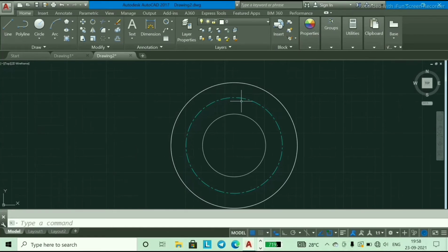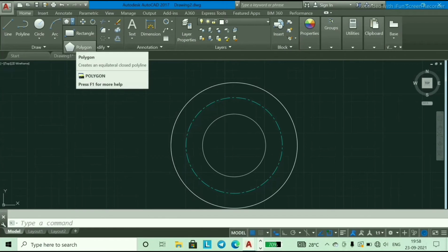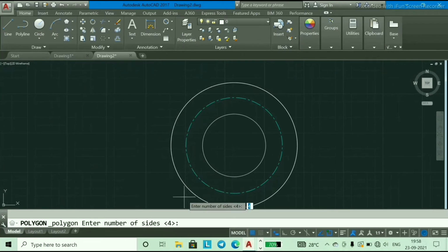Now here I will make the hexagonal nut. So I will choose polygon, select polygon like this, and number of sides will be 6. Enter.